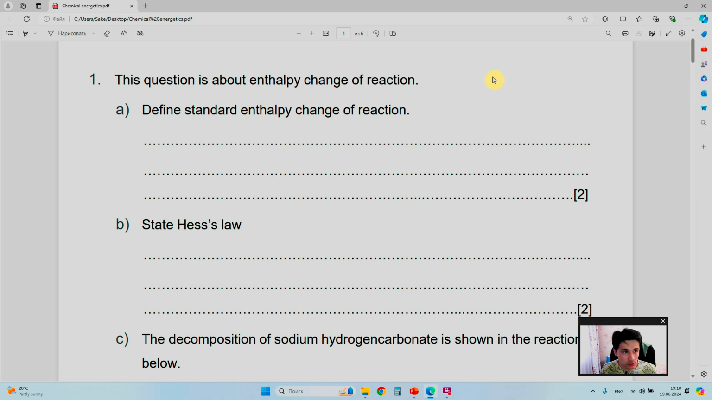First question is about definitions. Again, remember I told you often will be asked about some definitions. So first is the definition of just overall enthalpy change of the reaction. So this question gives you maximum 2 marks. So how to answer these kind of questions? So you can tell that